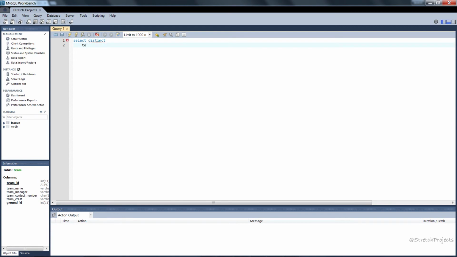We're going to select the team name from our team table. I'm just going to call it team name. We're then going to have a couple of embedded SQL statements, which are going to be a couple of levels deep each. So the first one is we're going to select the count from results raw,